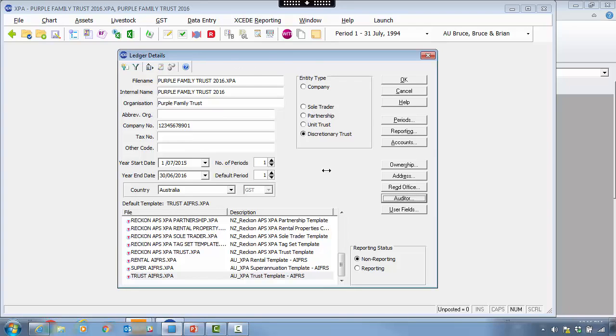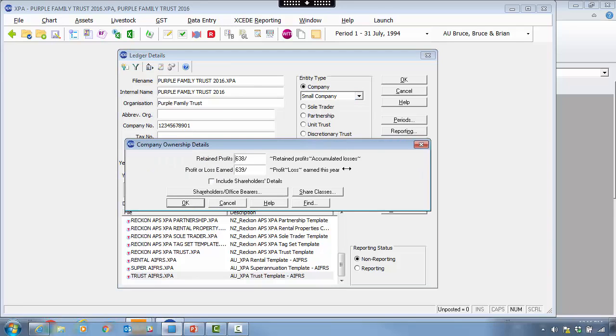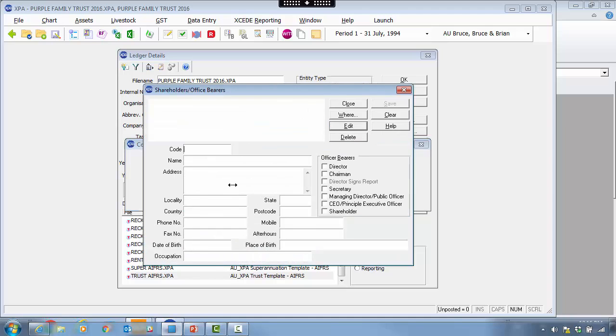So, as we mentioned, your year-end start date cannot be changed and your entity type can't be changed. The workbook has all the different ownership details for each entity type. For example, if I change the entity type for an Australian company, I will have the type of Australian company that it will be specified as, along with its reporting status will change your financial reports. When I change the entity type here, the ownership button will display different company ownership details to what was in the discretionary trust. For a company, you will need to enter in the directors